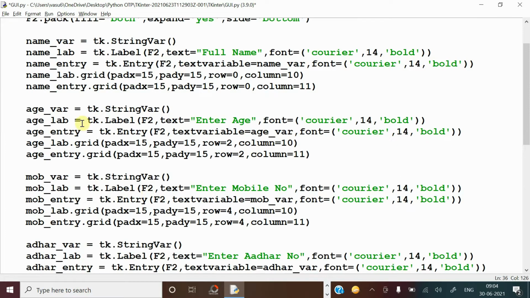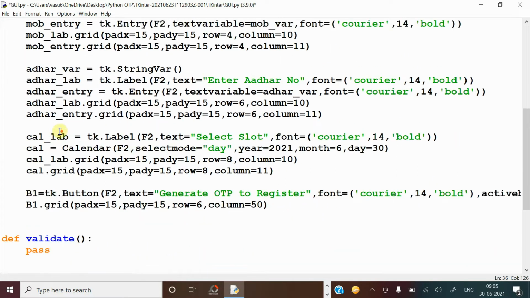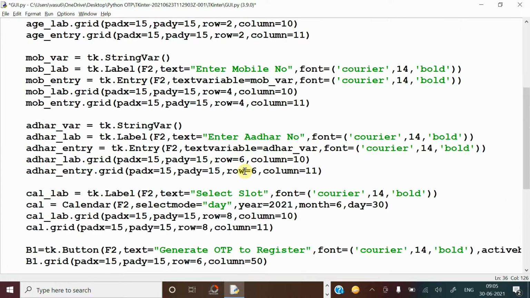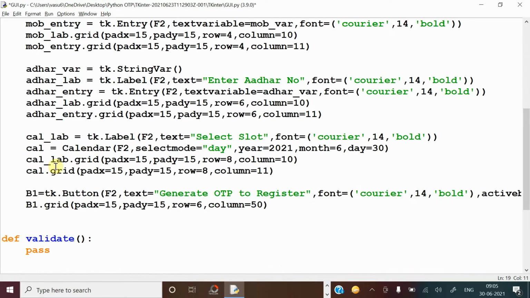Till now, what data am I reading? Name, age, mobile number, Aadhaar, and date. The values entered by the user are all stored in name underscore var, age underscore var, mobile underscore var, and Aadhaar and cal. On these variables the data is available.